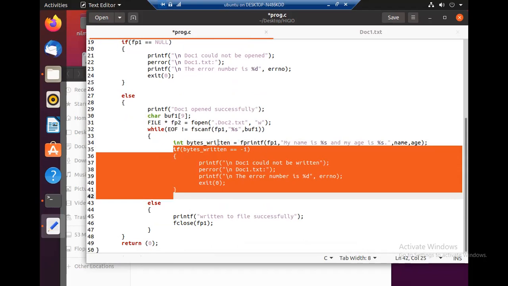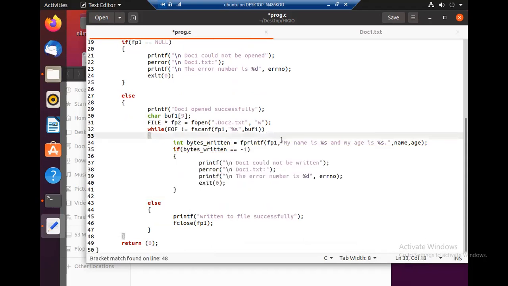We have to do this at the same time. Which one are we going to write to? We are now not going to write to file pointer 1 but to file pointer 2. And what are we going to write? We are going to write this buffer.